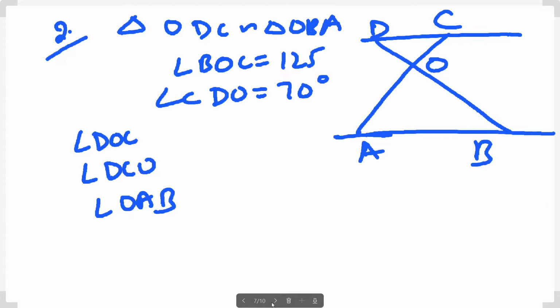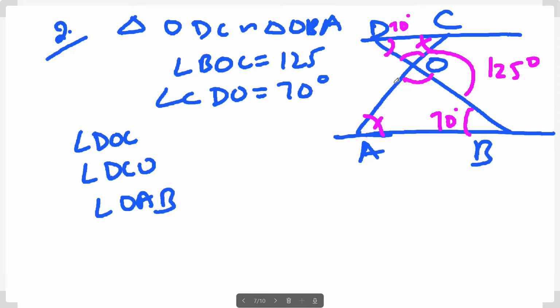Okay. Now in this, it's given that angle BOC is 125 degree. CDO is 70. Triangle OBC, a single triangle OBA, right? So if you look at the order, what does it mean? This 70, this one will also be 70, right? Because ODC is similar to OBA. So angle D is equal to B, so this is 70, and this angle is equal to this angle, right? And this angle is obviously equal to this angle.